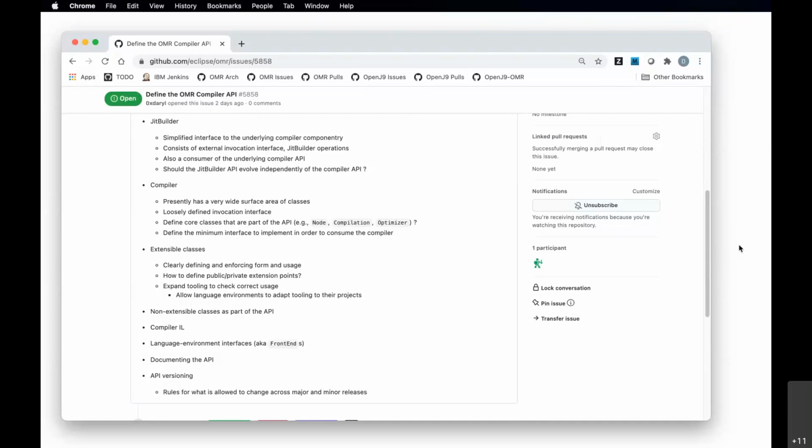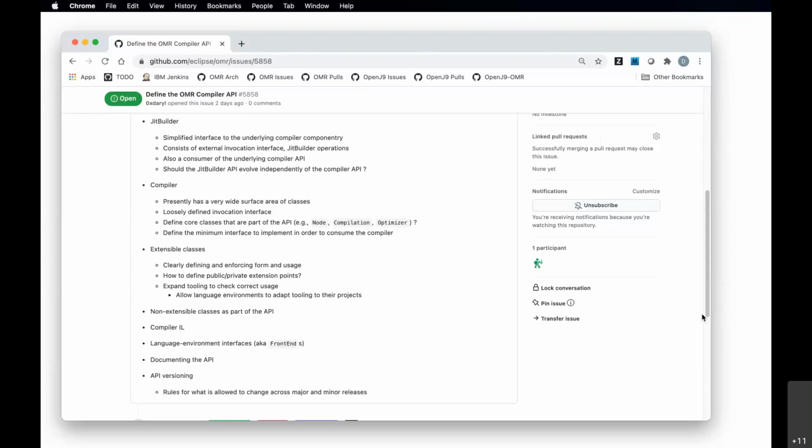Yeah, not to jump us ahead to the next thing, but I think as part of this conversation, in some sense, the extensible classes, the extent to which they are extensible and which classes are extensible, currently provides something of a kind of API to a project that's trying to consume the existing OMR project.